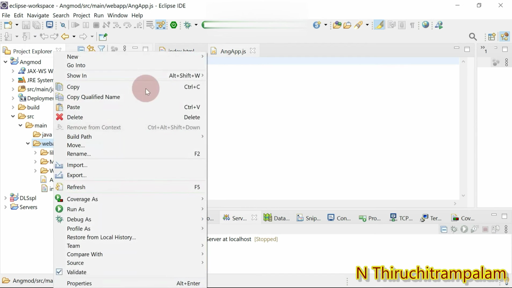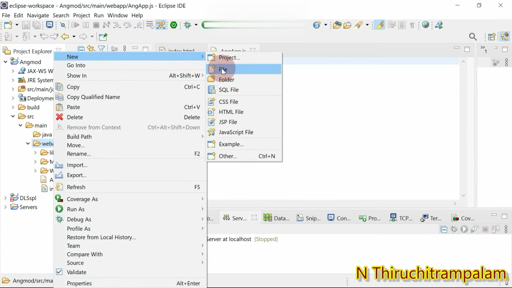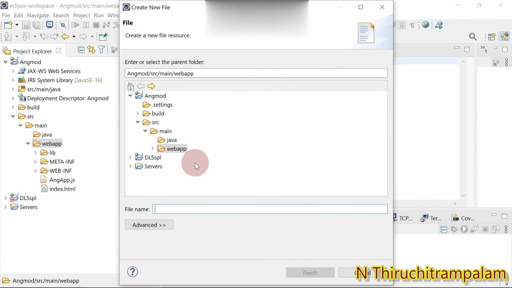And then right click on web app and go to new, and then click on file to create the controller module. So here I give ang ctrl.js. So this is the controller module.